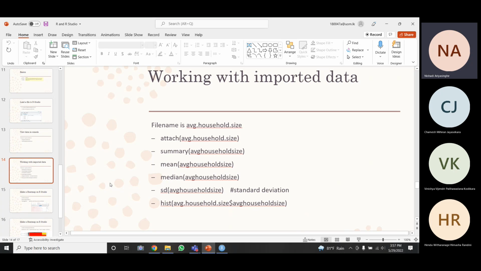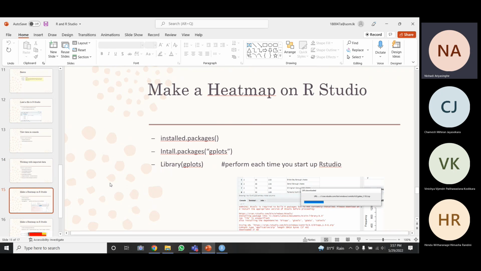There are some other functions that I have given here, which will be important when you are working with imported data. Here also you can create heat maps. If you can remember, heat maps are very essential to explain something, especially with the distribution of data.